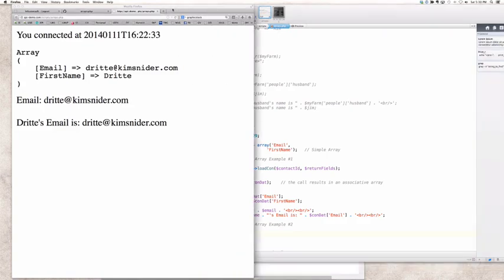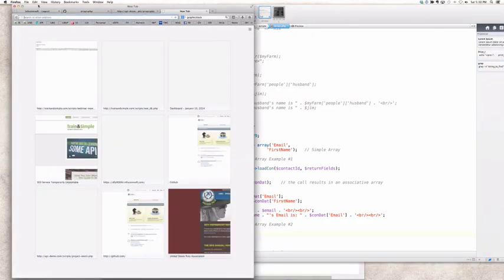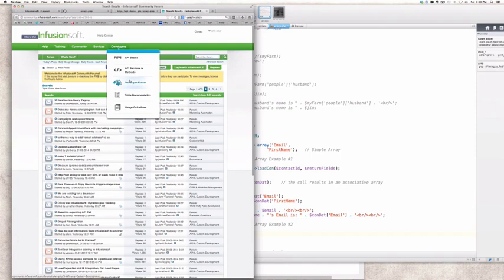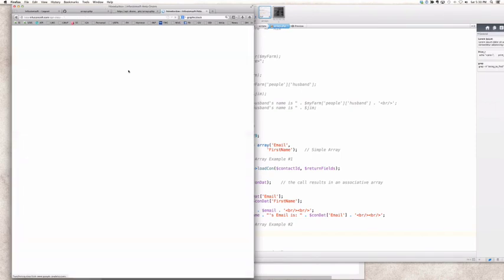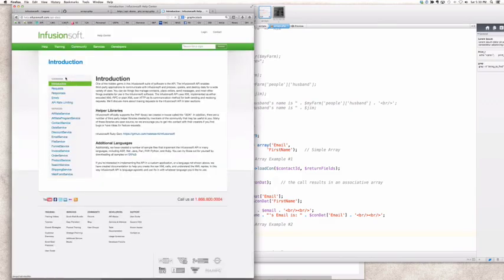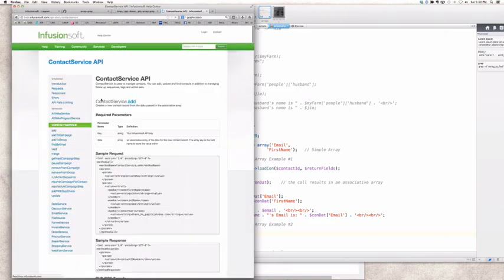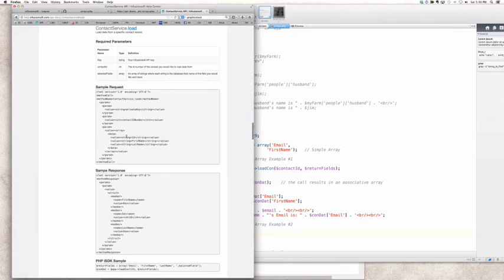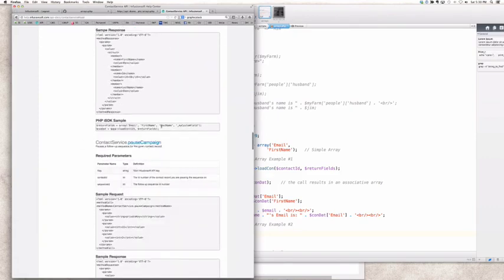Oh, by the way, let me just show you this too, so I don't forget. So if I go to API and I go to developers and I go to services and methods under developers on the help.infusionsoft.com, and I go to contact service because we're working with a contact, and I say con load, which is this one, contact load, and you look at the sample,